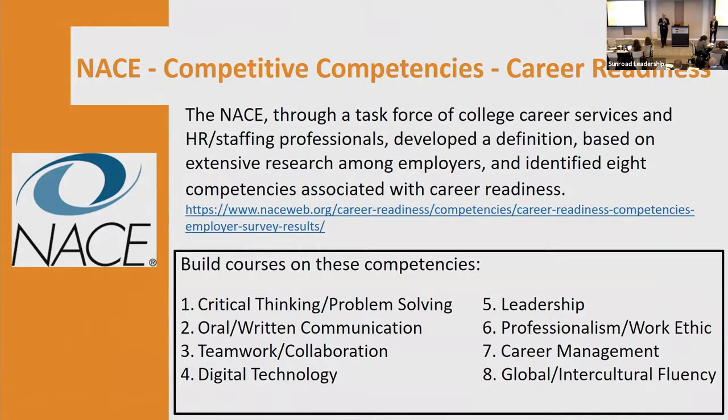We wanted to introduce digital technologies. Leadership, of course, is very important in today's corporate world. Many of our courses have professionalism or work ethic incorporated into them. Many of our assignments have direct ties to career management, and our courses also include global and